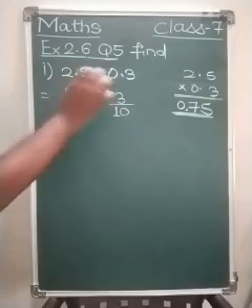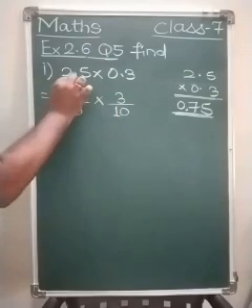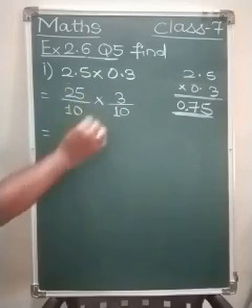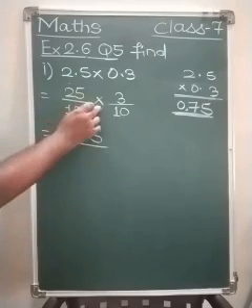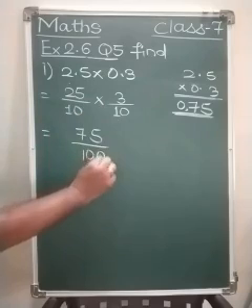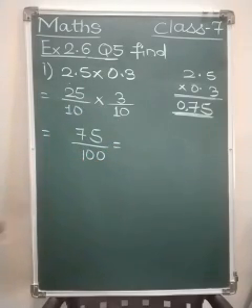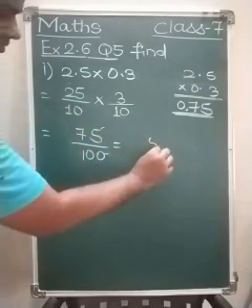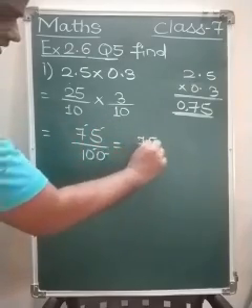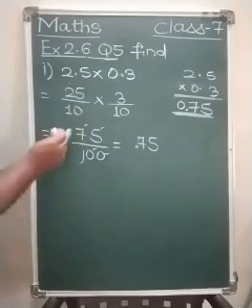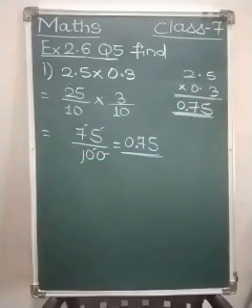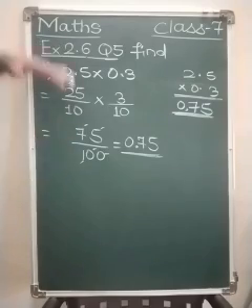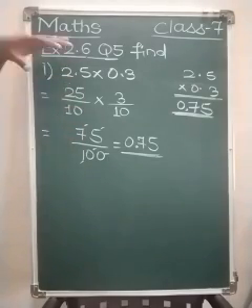So this equals to 25 3s are 75, 3 5s are 15, 1, 5, 3 2s are 6 plus 1, 75 upon denominator multiplied by denominator, 10 multiplied by 10. So the answer would be 100. Now simple, convert this into a decimal number. For this 0, 5. For this 0, 7. 1 comes decimal point. No number, 0.75. The answer is same.